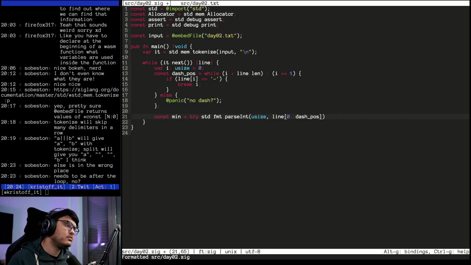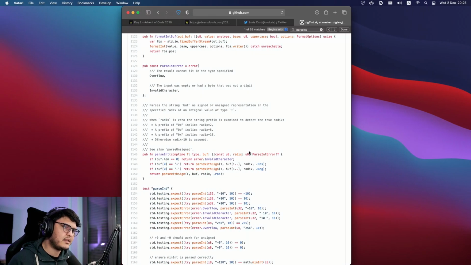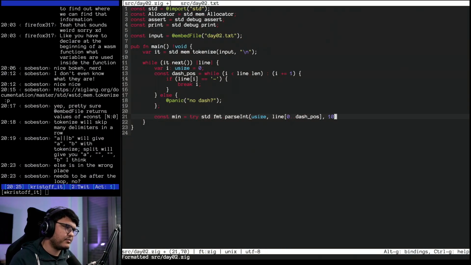Oh, it's kind of annoying because it's a situation where really using I would work anyway. I like how you can use while to express a search, but in this case, the I ends up being precisely the same thing. But whatever, let's be explicit. So this is the buffer that we want to try to parse, and then I think we have the base, right? Yeah, the radix. Okay, so base that. Now, we have min.